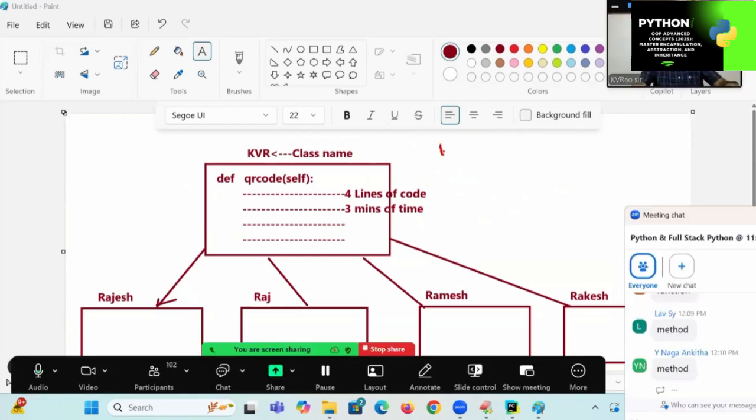Number one, two, three, four, five. Five advantages. These five advantages, what I said at the function level, today you are learning in the form of inheritance level. What is the first advantage? Number one,